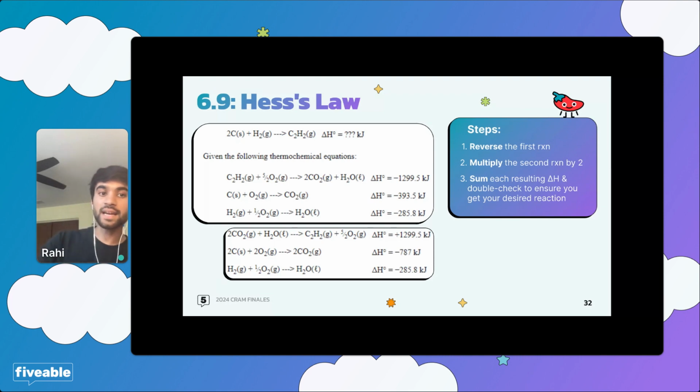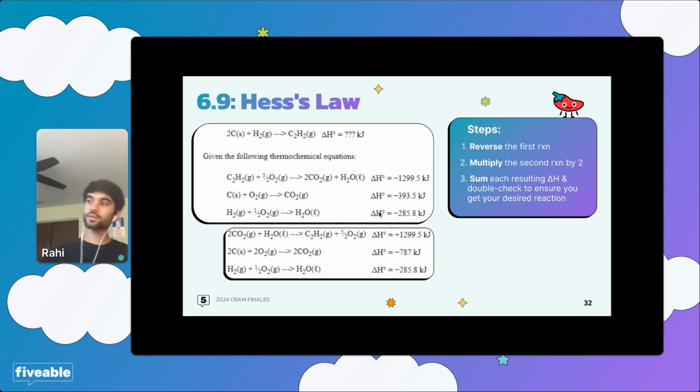Okay. And then we have the second equation: solid carbon plus oxygen gas yields carbon dioxide. That's really convenient because it already has the carbon in the same position as ours. It's a reactant, and that's good. However, it's a little awkward because we have 2 carbon solids. So we multiply the whole thing by 2. But remember, we don't just multiply the carbon. We multiply both. We have 2 carbon solids, we also have 2 O2s now, and that means we end with 2 CO2s.